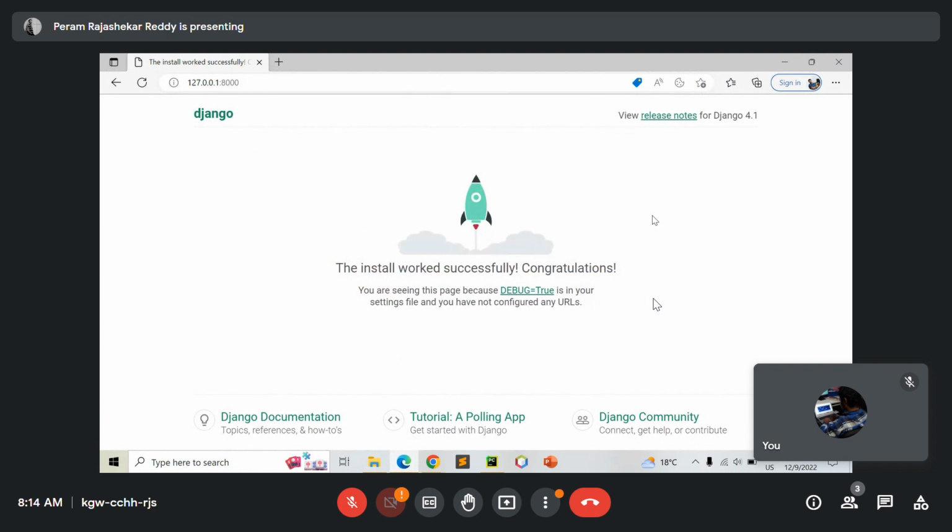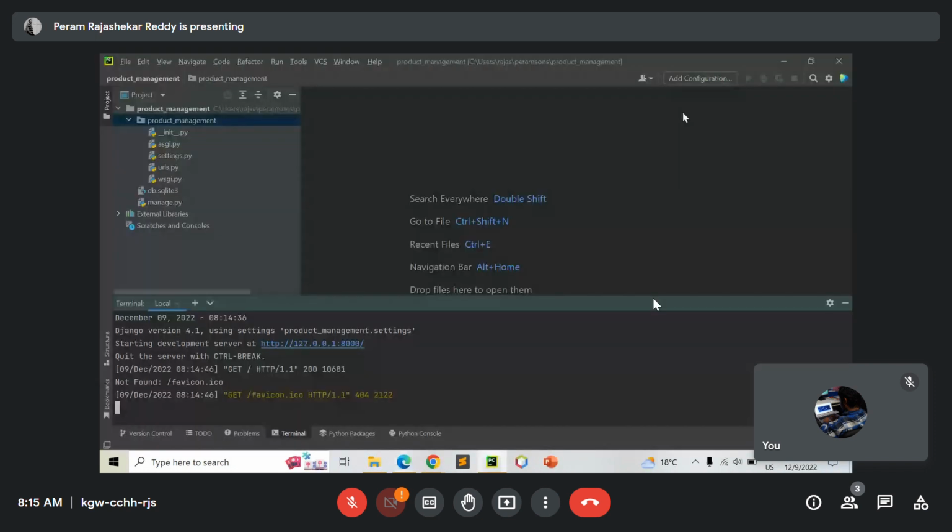Now there are no issues or problems as of now. With the server running, you have to make sure that you create one application. To create our application, we need to write a small command. That particular command is